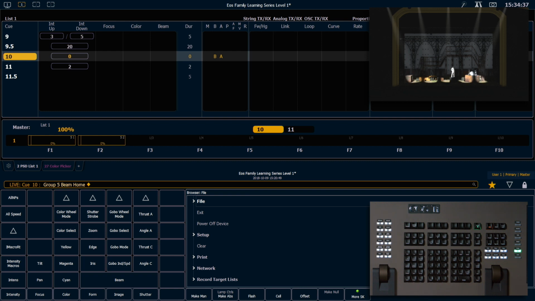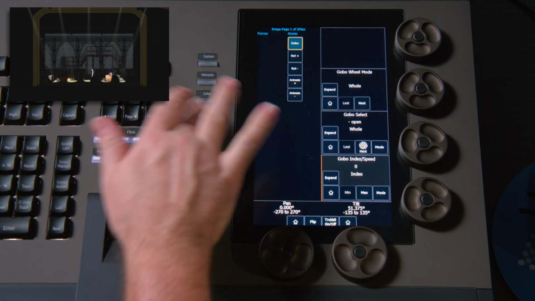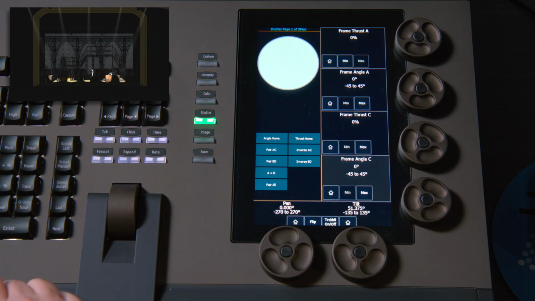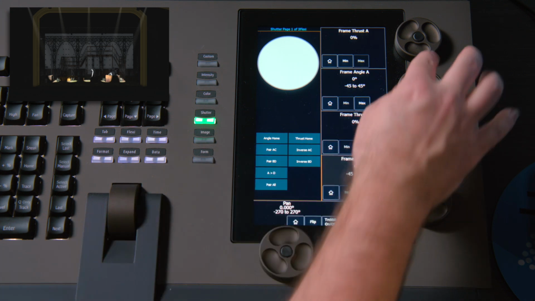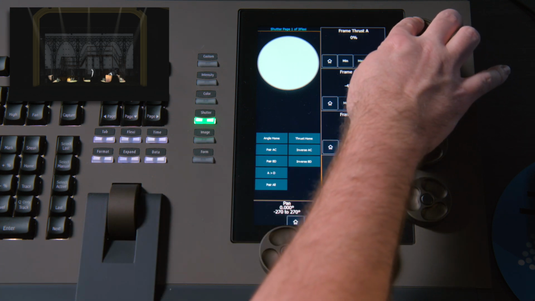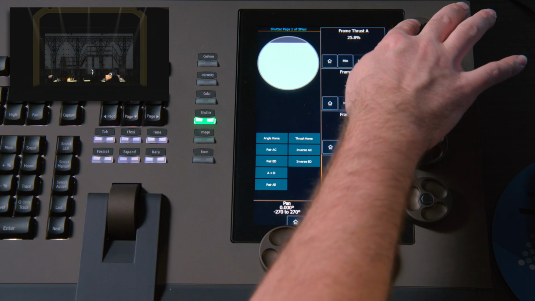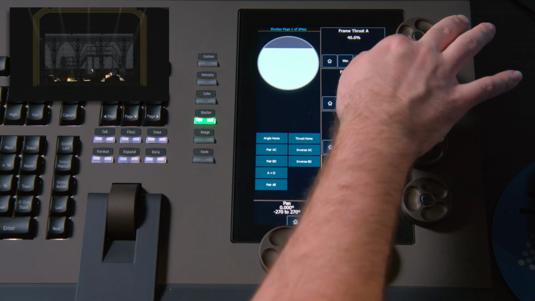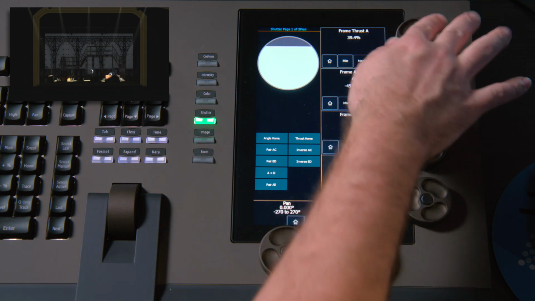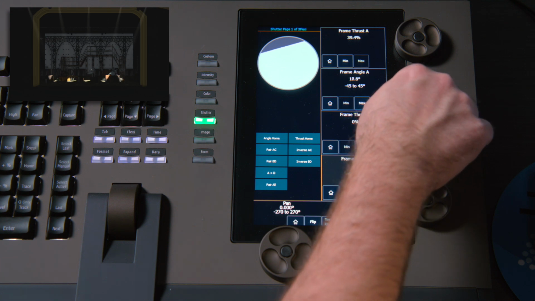The next area we want to look at are shutters. If your fixture has shutters, each shutter blade will have 2 parameters. You have your thrust, which is how far the shutter goes into the beam, and you have your angle, which is the degree to which it tilts. So if I want to bring in my encoder A, you can see that those start to cut off those beams, and I can adjust the angle of those as well.